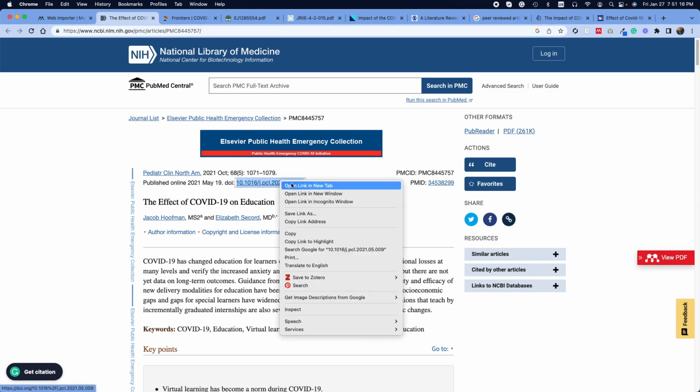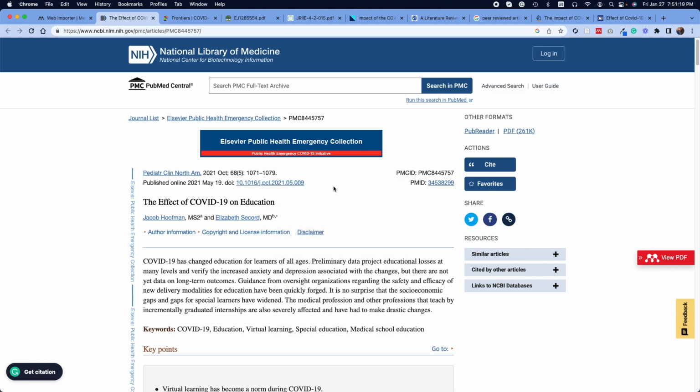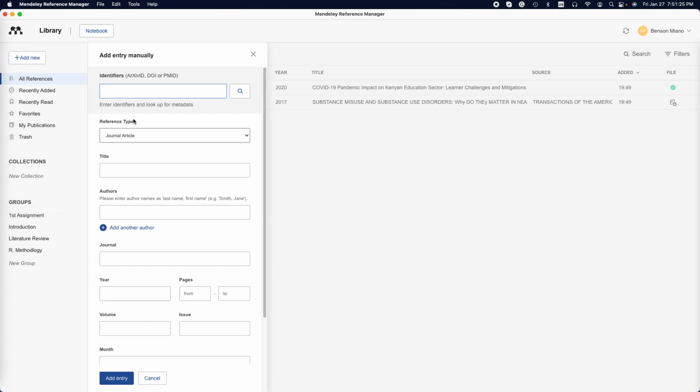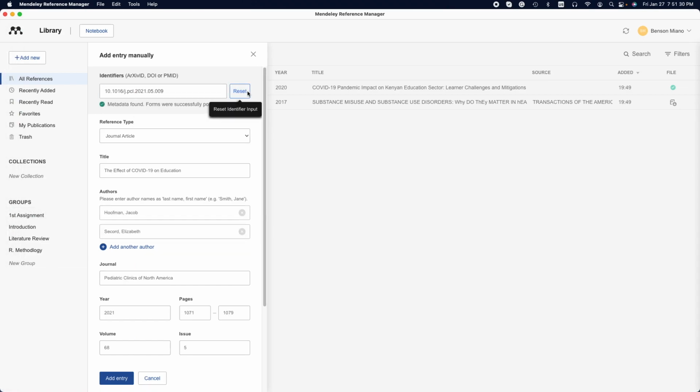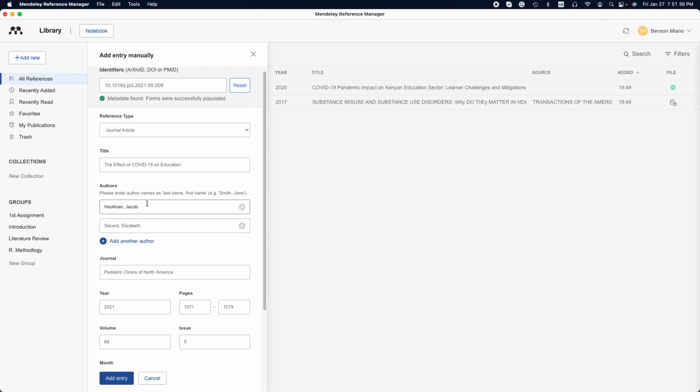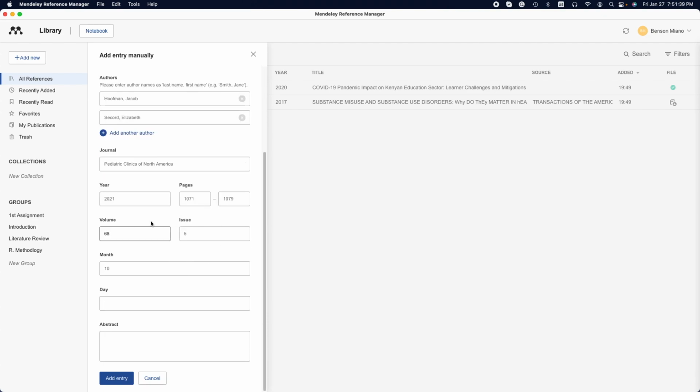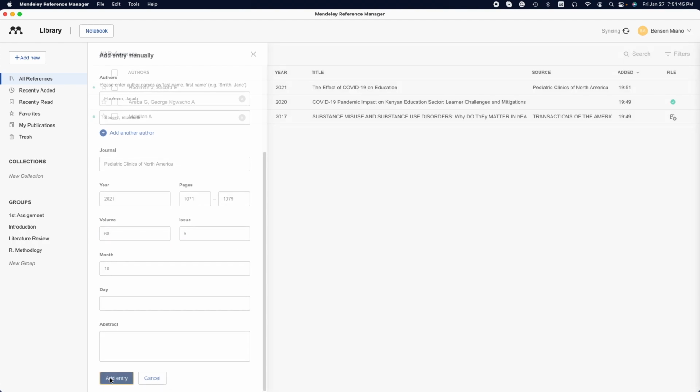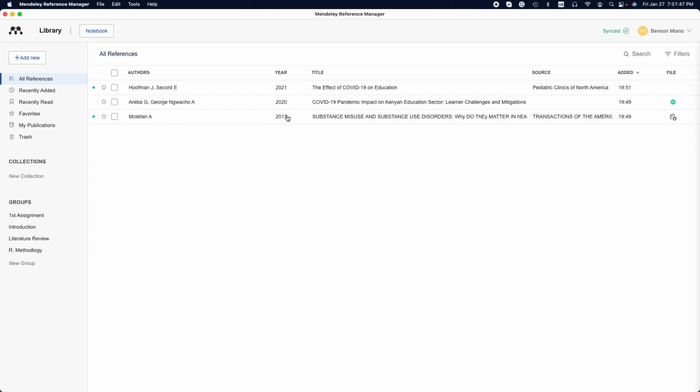So you just copy this. This is called a DOI number. You can highlight it like this, and then you can copy it. Then you go to our Mendeley, and we add it there by just pasting, and then you search. Once you search, you can see here metadata have been found, and it fills everything, including the name of the authors, the name of the journal, when it was published, the volume, the issue number, the month, and so on and so forth. So we just need to click Add Entry, and as you can see here, the entry has been added,